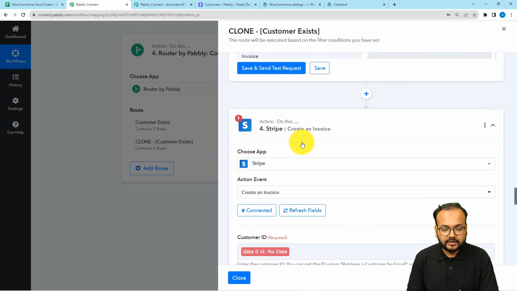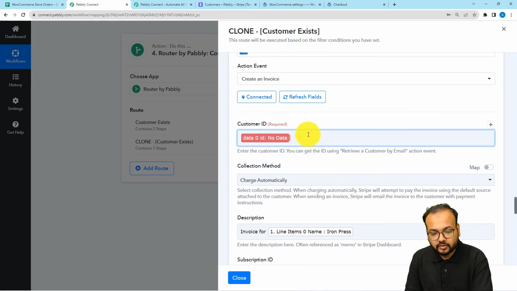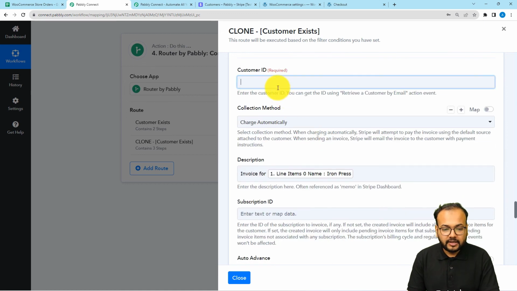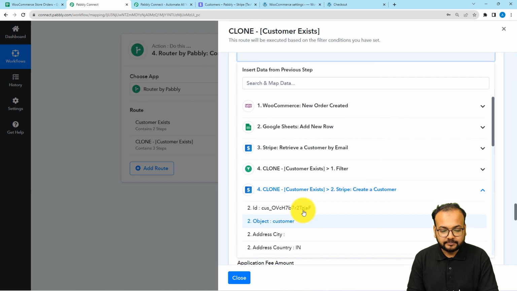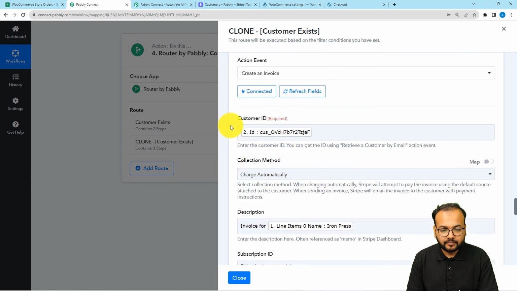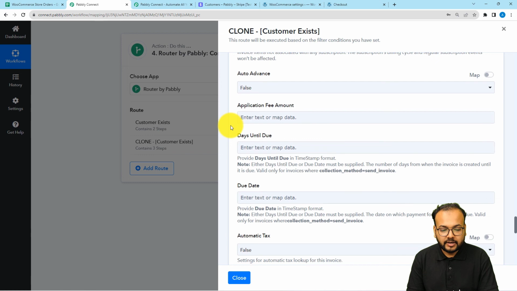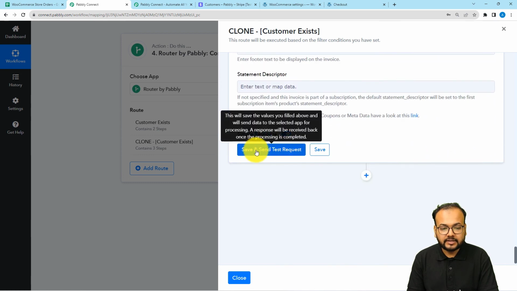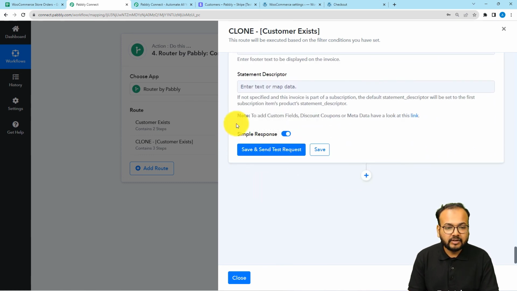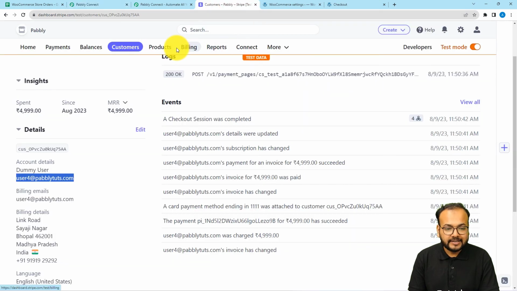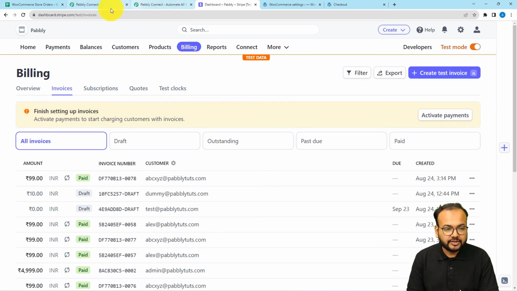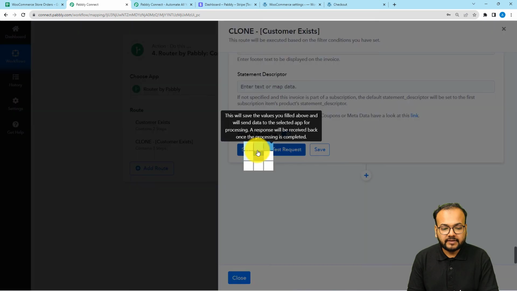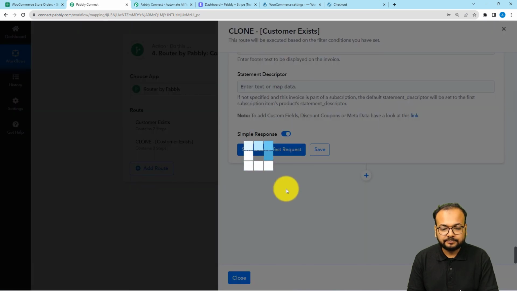Here in this step, you can see it is also not showing the ID. So from the last step, you can map the customer's ID, which is here. Okay, now we are done. You can click on save and send test request button to test your connection with Stripe, and a test invoice will be generated and shown here in the invoices section of Stripe. Okay, so let's check our connection. I'm going to click on save and send test request button,